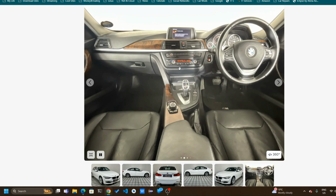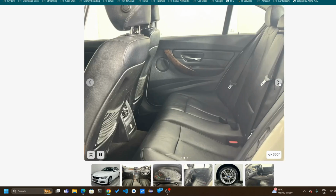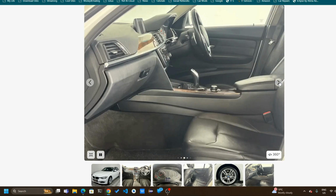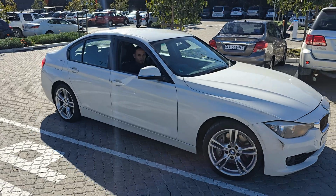So this is gonna be my project car, like I said. I'm not sure if I said that, but this is actually a project car for me. So yeah, here's the lemon that I'm buying. I will be giving updates to mention how that goes, but to conclude this video so it doesn't become too long,